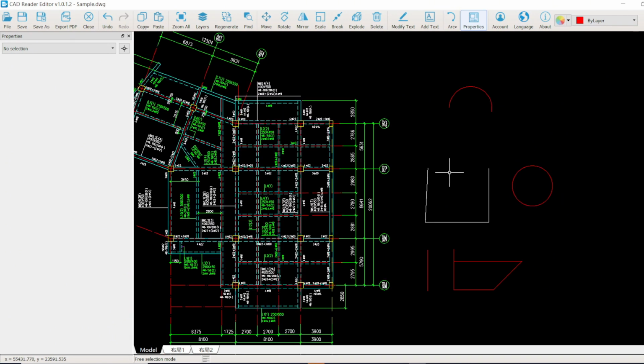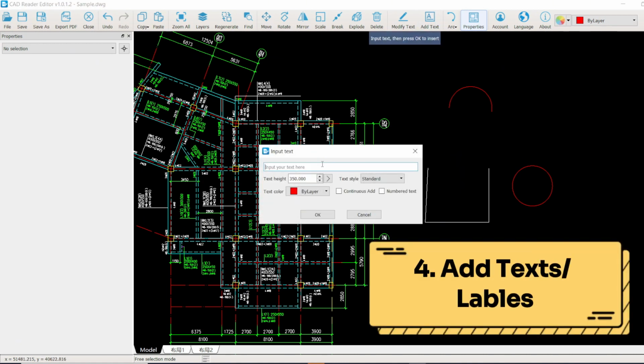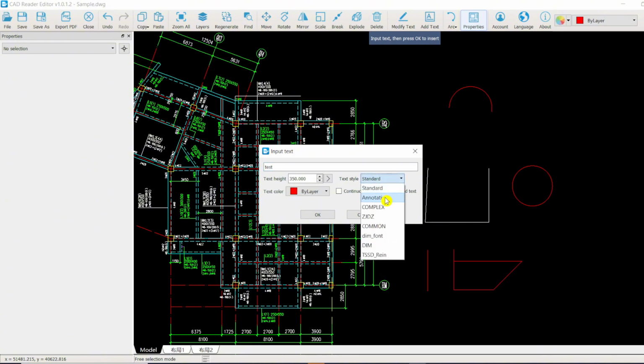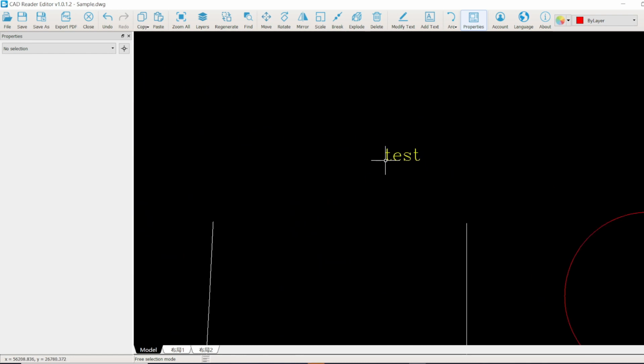So once we're done with the drafting tools, let me show you how to add text or labels in your drawing using the add text function here. Just write down your information in the text box. Select the text styles that you prefer according to this list here, or you can change the text color as well. Once you do that, you can click on OK,